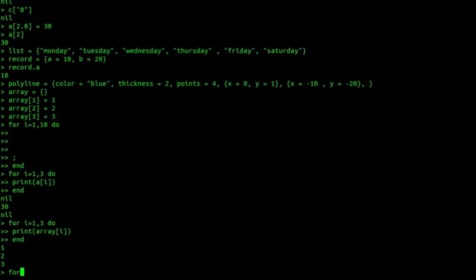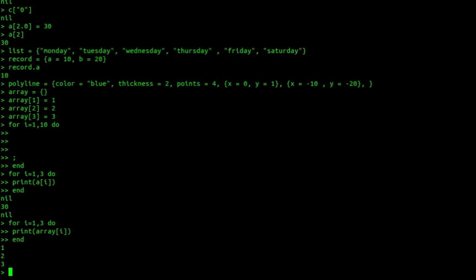You can use this in this way: for i equal to 1, 2, hash of your table or sequence. Remember, if your table has nils in between, then it won't work as required. So you need to make sure that you use this with a sequence, and a sequence is nothing but a list without holes, where holes are nil values.